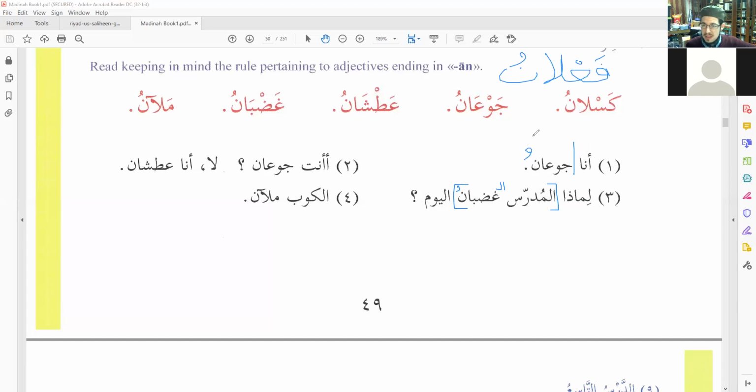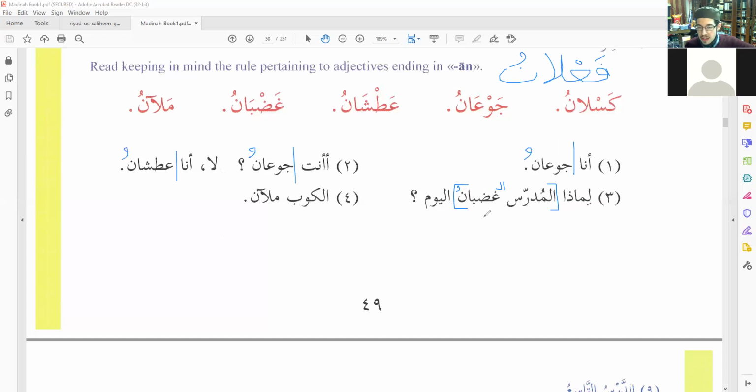The khabar, if it's a simple ism, which it is in this case, it's going to be nakira. Nakira in normal circumstances, being indefinite, will demonstrate that fact with a tanween. However, this particular adjective, jaw'anu, anything on this phonetic pattern, is called mamnu' min as-sarf. And so it's not going to be possible that it has tanween. Okay, so this is going on in every single one of these exercises in this example. Anta jaw'anu, again, mubtada khabar. La, ana atshanu, mubtada khabar.